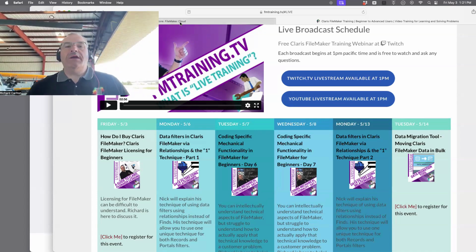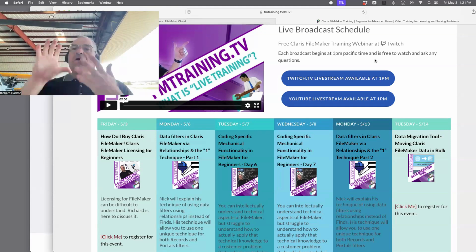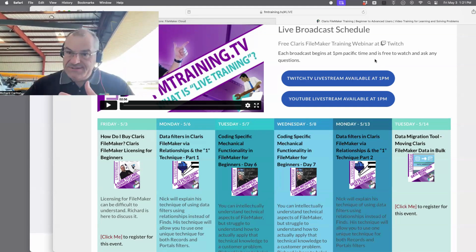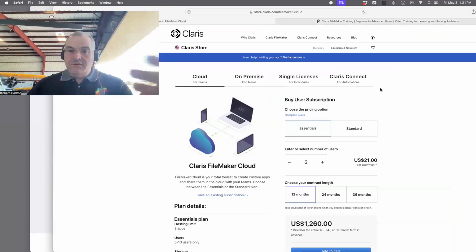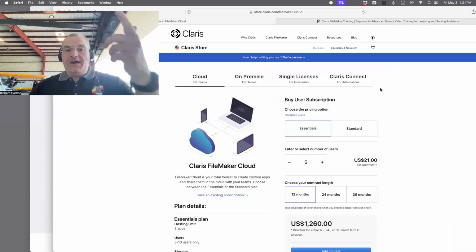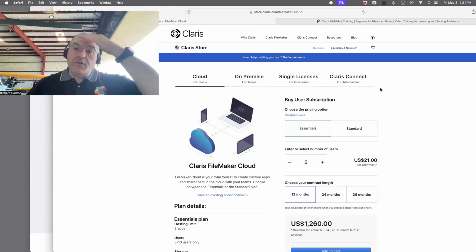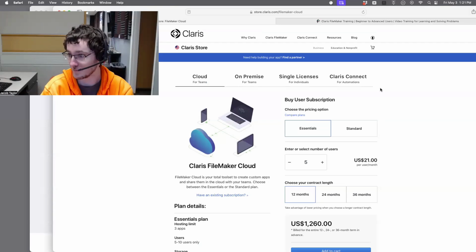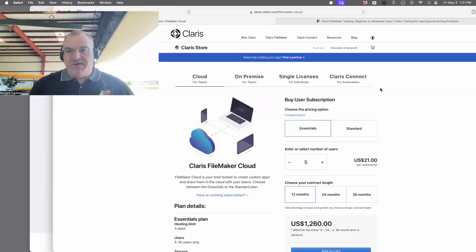So if you need Pro access, Go access, WebDirect access, and you don't have any help at all and you hate orange, then buy FileMaker Cloud, Claris Cloud, this one right here, and you're going to pay $21 a month for that. That's at the low end. At the high end, it gets real expensive.